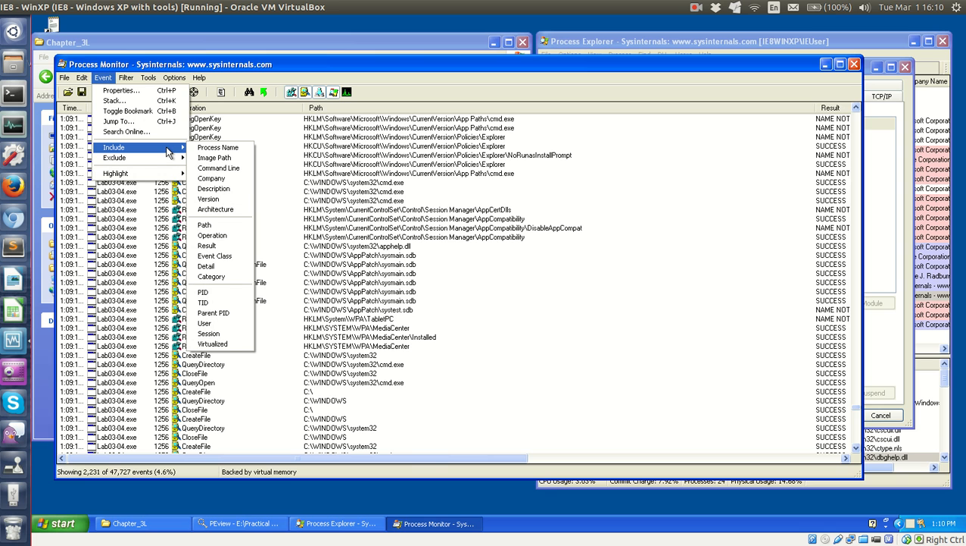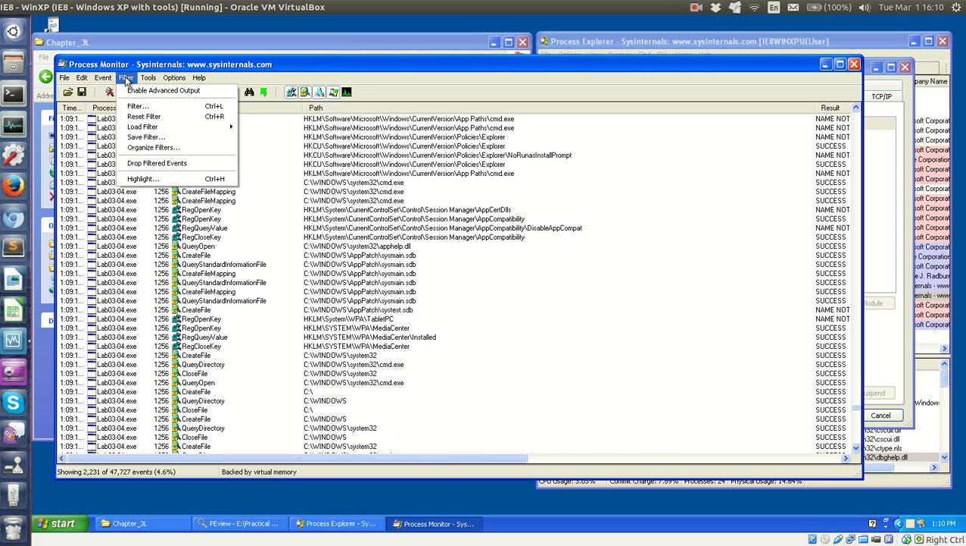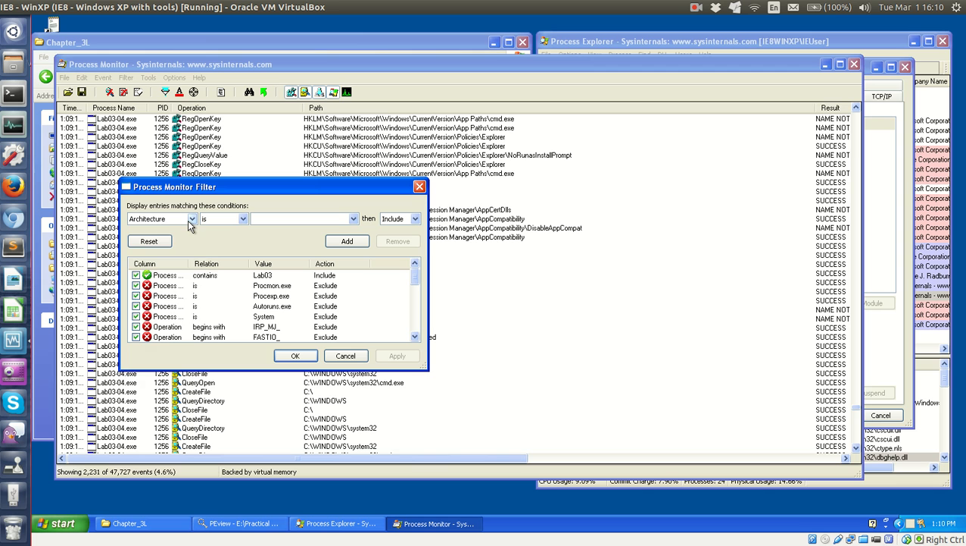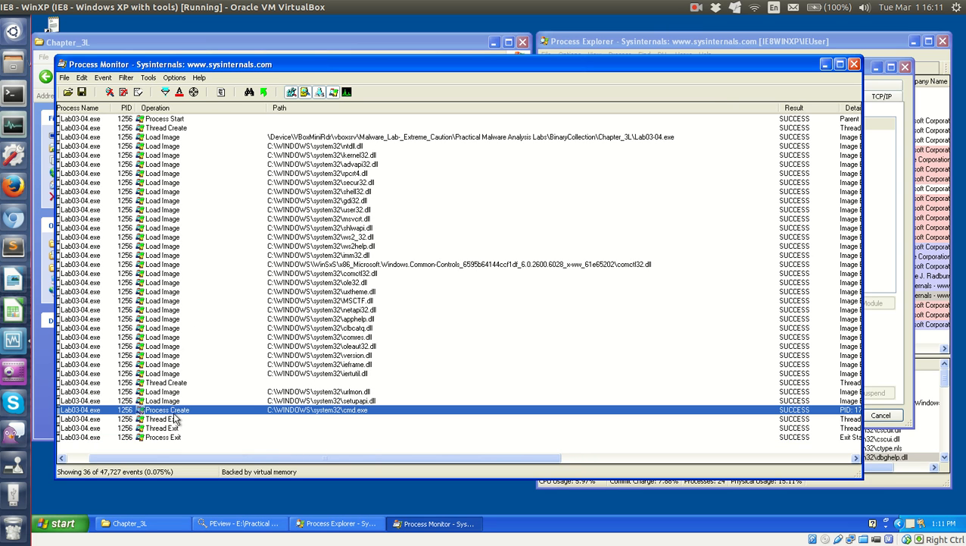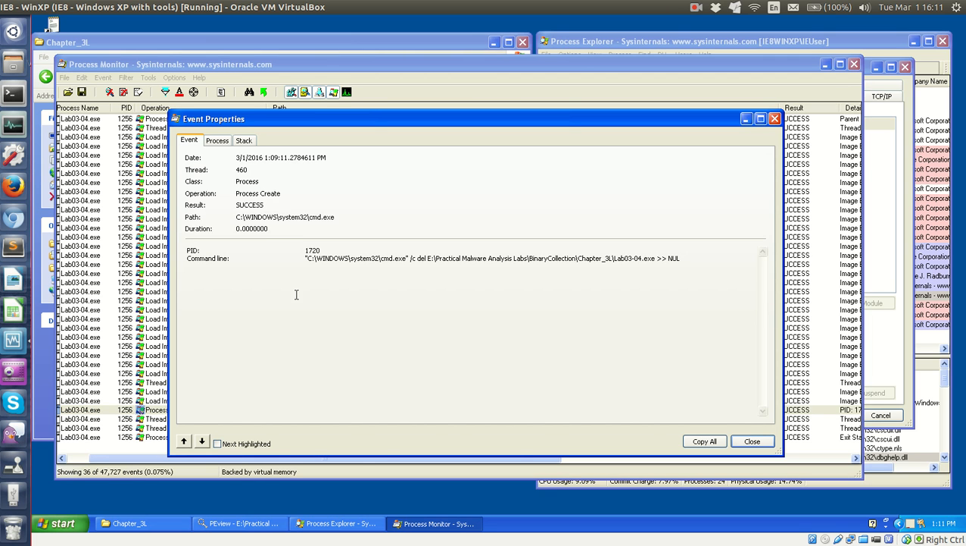Let me see if I can find it. Maybe that's not it. Maybe it's in filter. Yeah, I think I can do a filter for this. Here we go. Event type class is process. Okay, so this made it easier. All right, so here's the process create that I was looking for. The book says if you click on this,